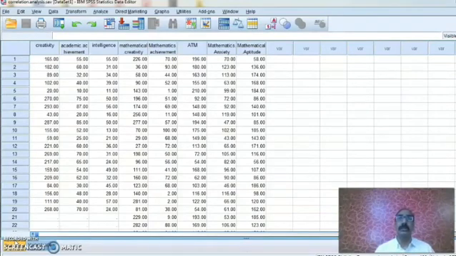Now we will try to find the answers to some questions with multiple regression. The questions are: how well do mathematics anxiety, attitude towards mathematics, and mathematics aptitude predict achievement in mathematics? And which is the best predictor of achievement in mathematics? Aptitude, anxiety or attitude? Here it is attitude towards mathematics, mathematics anxiety and mathematical aptitude, and we want to find answers to these questions